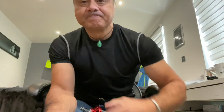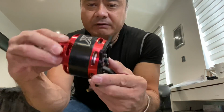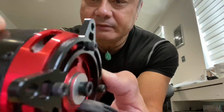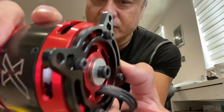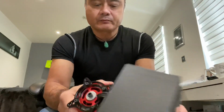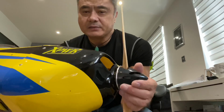However, I did also have another motor, exactly the same, and the winding was burnt out. The whole thing was burnt out after 3 flights. They replaced it with a brand new one, which, as you can hear, is nothing. It doesn't grind or anything, which is good. And also, in this model,